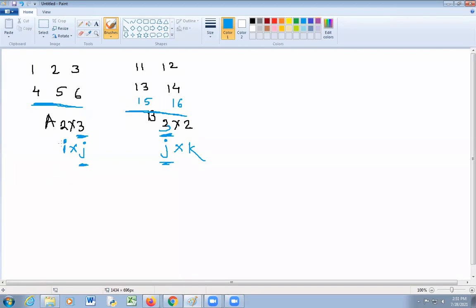What is the procedure for the multiplication? Here I0, I1, J0, J1, J2. Similarly here J0, J1, J2, then K0, K1.